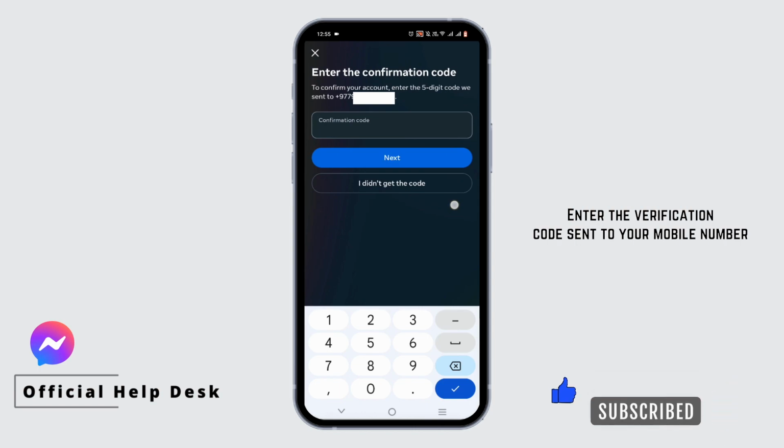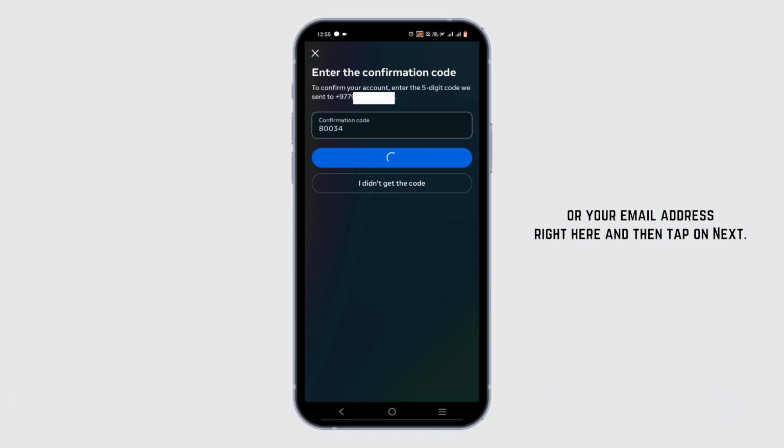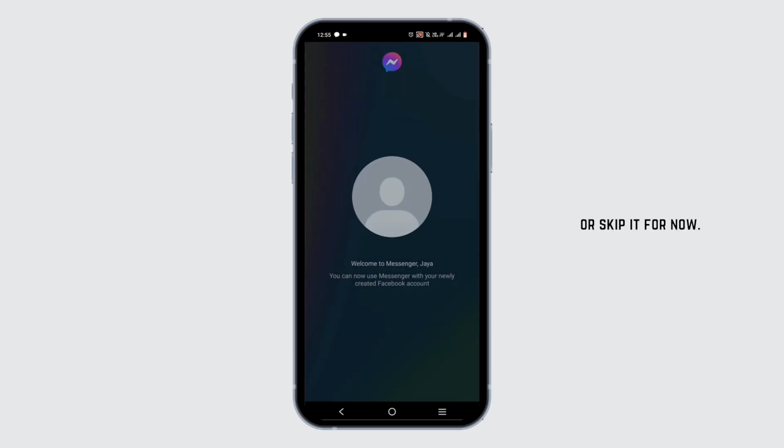Enter the verification code sent to your mobile number or your email address right here and then tap on Next. You can add your profile picture for your Messenger account or skip it for now. And just like that, you have created your